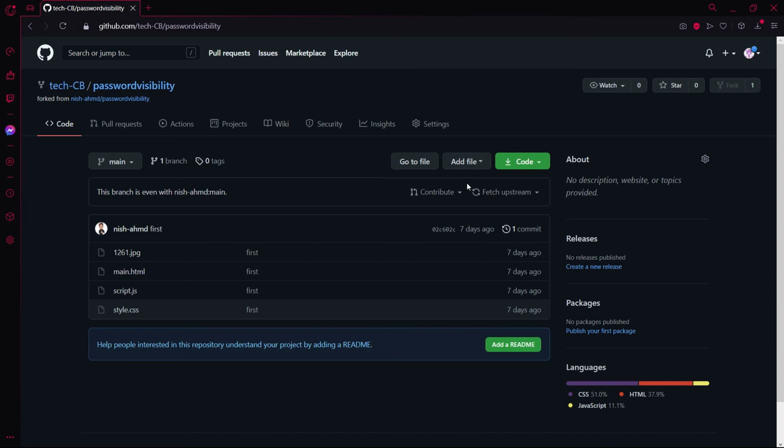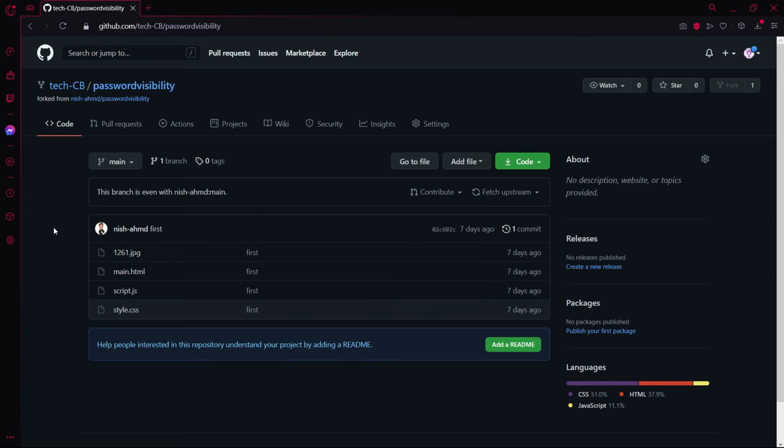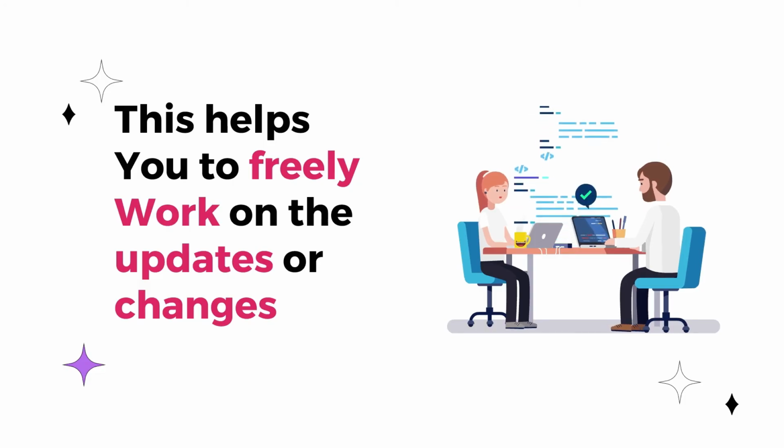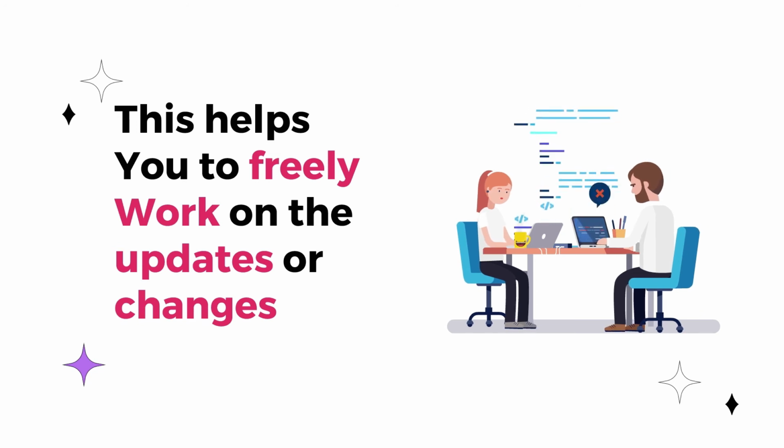And there are also other features which GitHub gives you when you clone a repository, which are contribute and pull request. The demonstration which I showed you on opening a forked repository into your account cleared your doubts